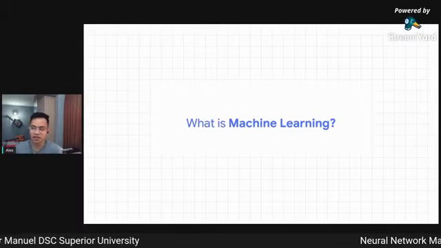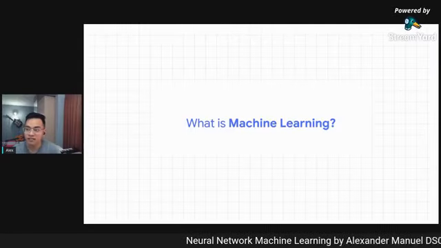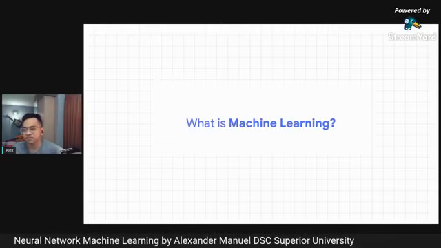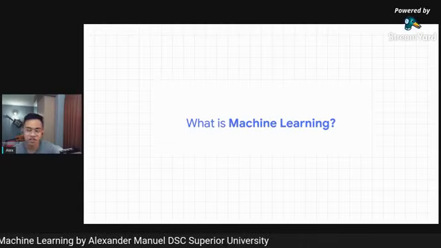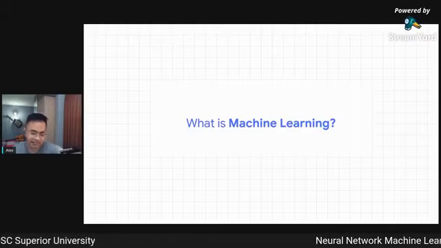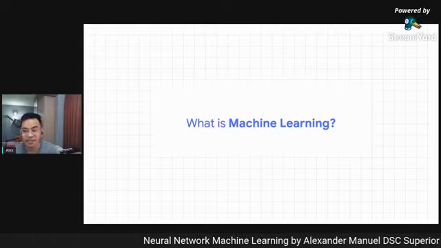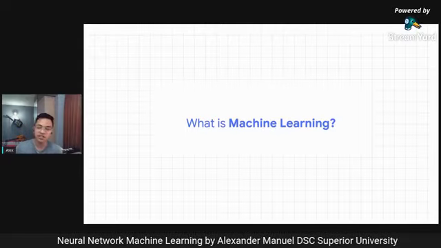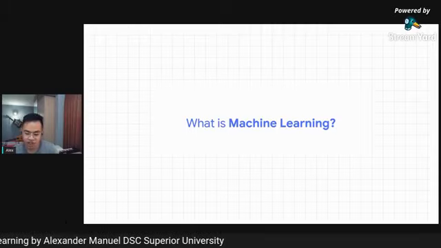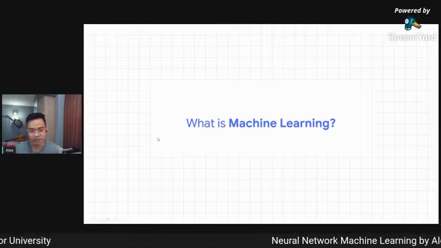Some of you might have heard that machine learning is something like an advanced robot, like Terminator, something so advanced, so computeristic. Because it is, but it's not all of it. It doesn't explain the actual meaning. Machine learning is actually the brain, the core that actually learns the pattern of the data.